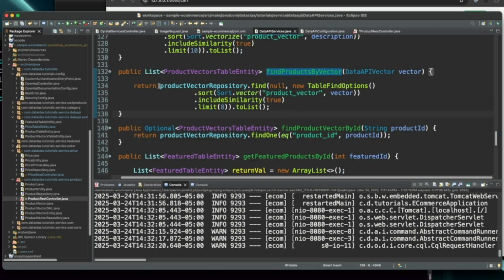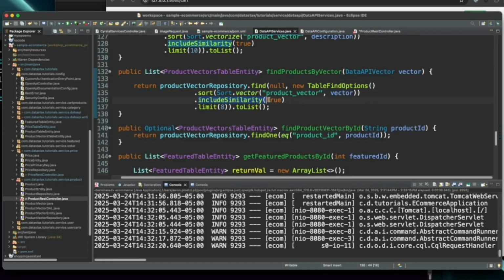But if I have our product vector repository and I do a find, normally this is where you would specify the column that you want to find on, but since we're doing a vector search, we're actually going to send null in that parameter. We'll specify a new TableFindOptions object, and we'll execute a sort of vector on the product vector column with the vector value that gets passed in.